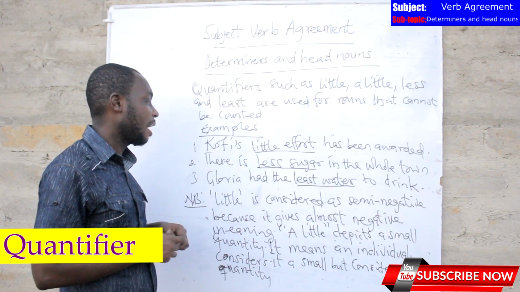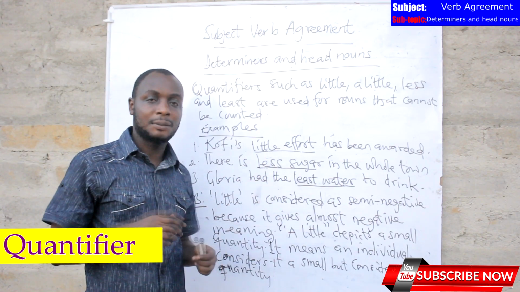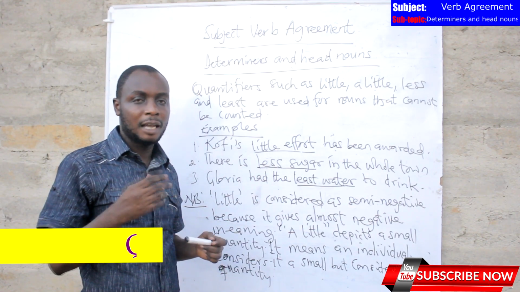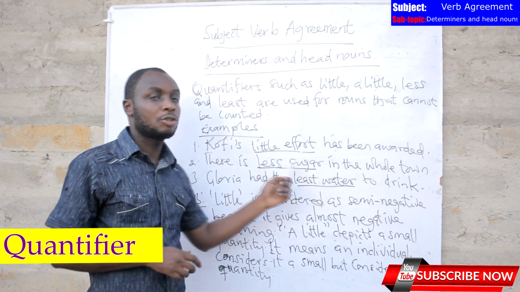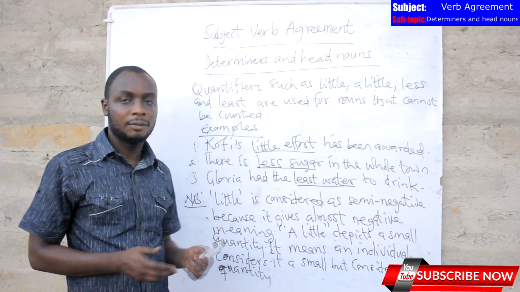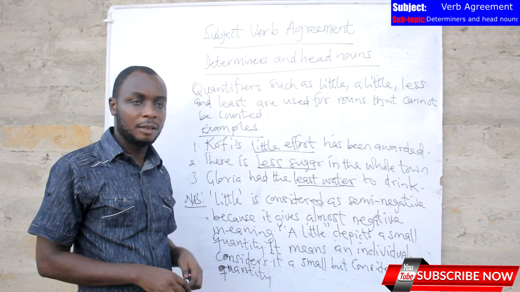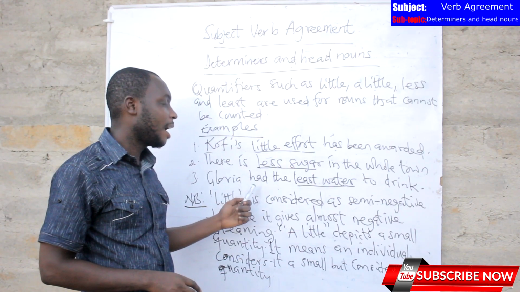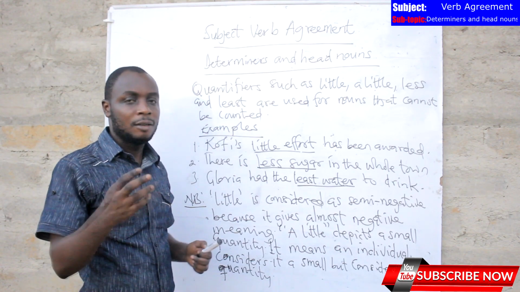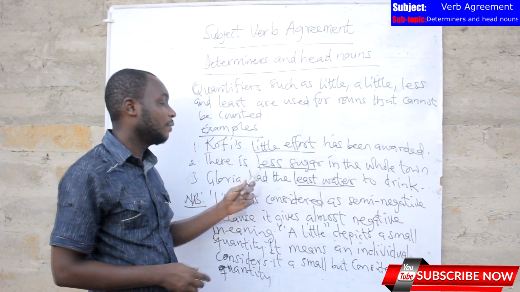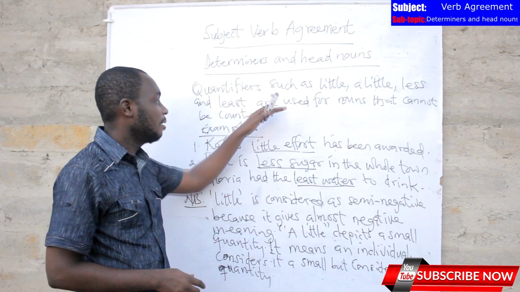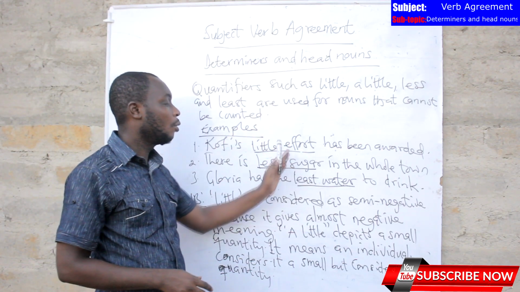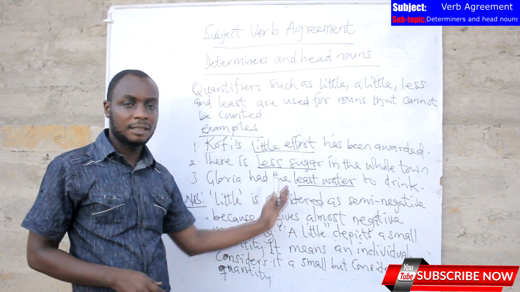So we have examples like, Kofi's little effort has been awarded. And then we have, there is less sugar in the whole town. Gloria had the least water to drink. So you could see that these examples we've just underlined have quantifiers which go with non-count nouns, the nouns